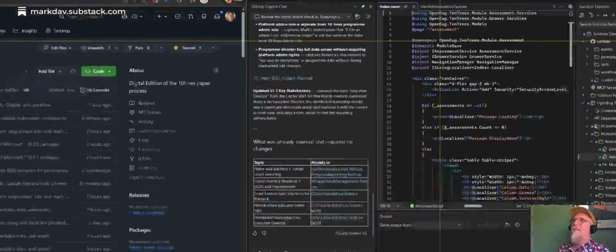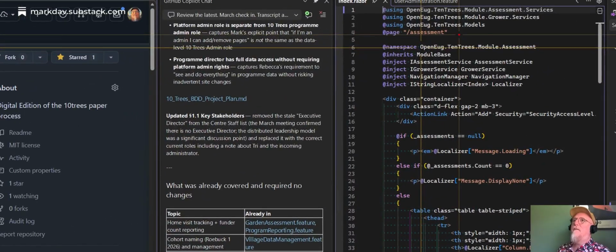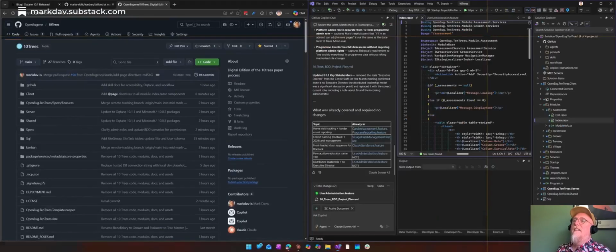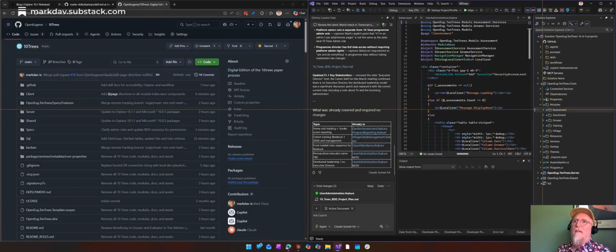There's the assessment directive, probably just like I would have done it. Not a whole lot of work there. Didn't really save much time using the bots, but